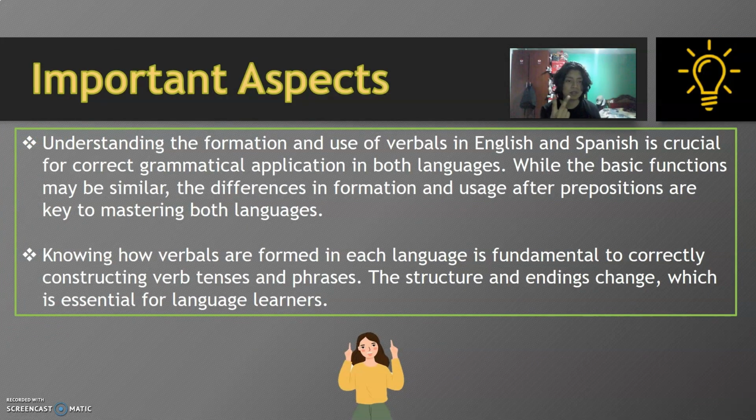We have two important aspects. The first is understanding the formation and use of verbals in English and Spanish is crucial to correct grammatical application in both languages. While the basic functions may be similar, the differences in formation and usage after prepositions are key to mastering both languages. And the second important aspect is